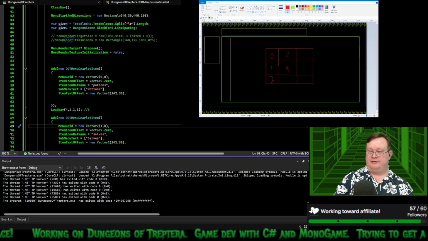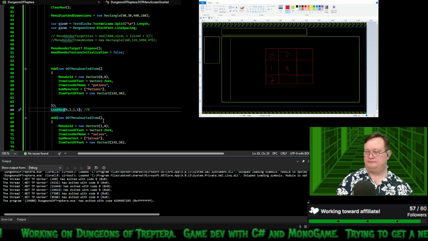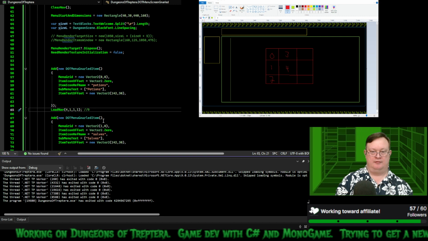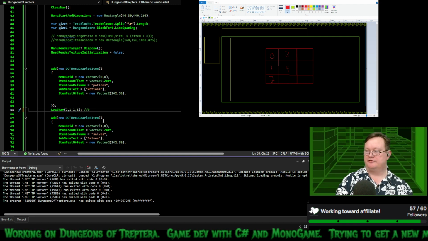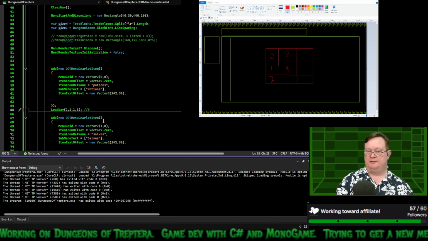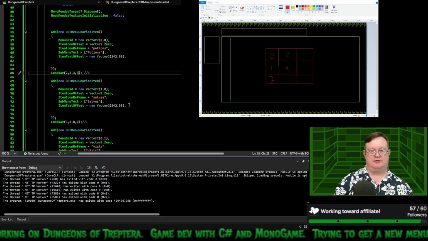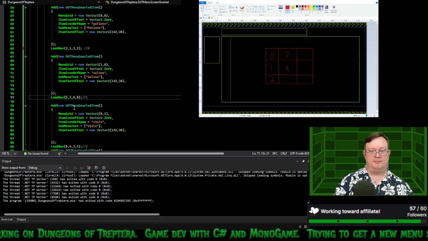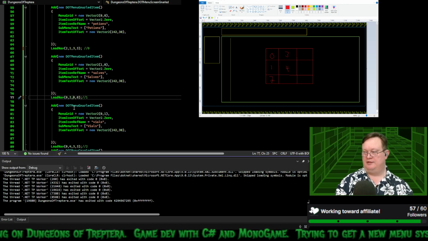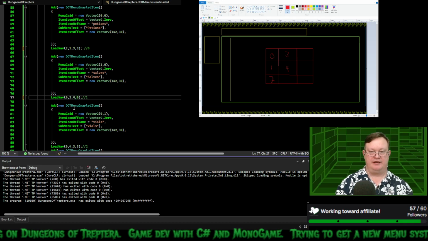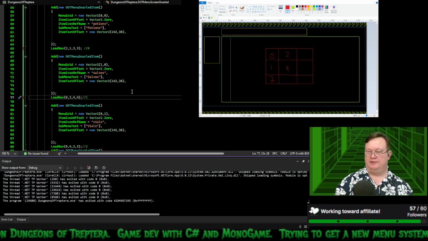All right. 0, 0 is 0, 0. Yep. Up. It's going to go to 2. Down is going to go to 1. Left. It's going to go to 3. And right is going to go to 3. Okay. On 1. Up goes to 0. Down goes to 2. Left is 4, and right is 4. 4